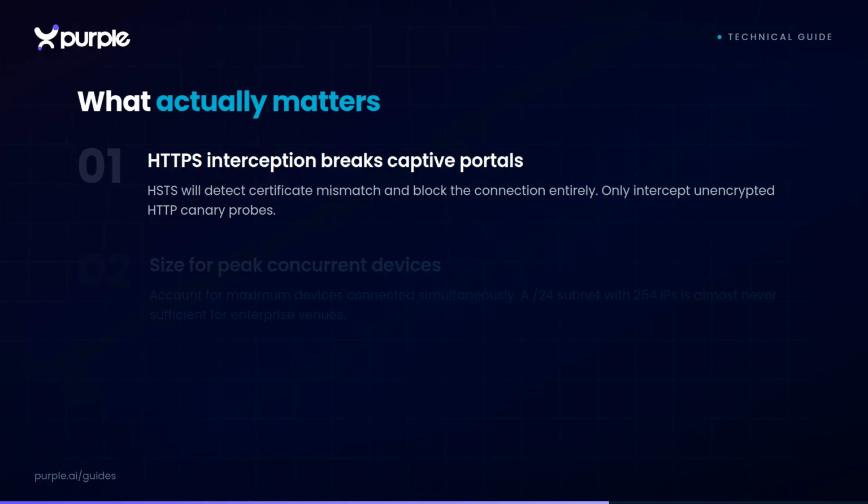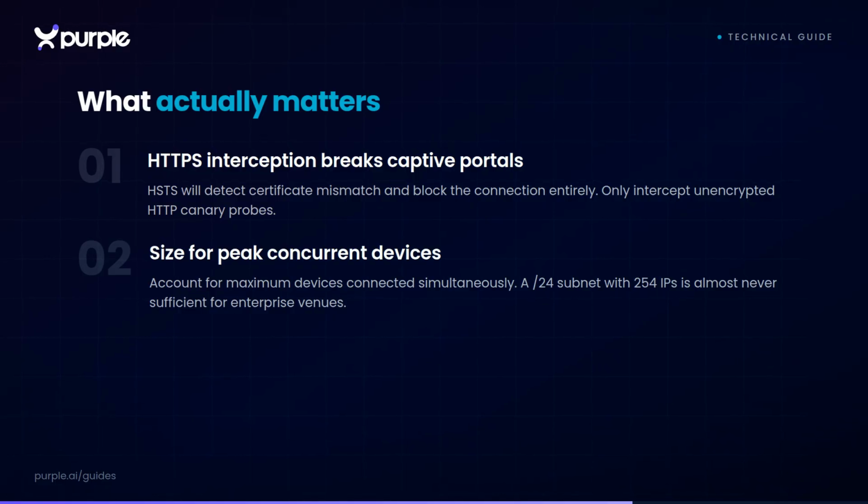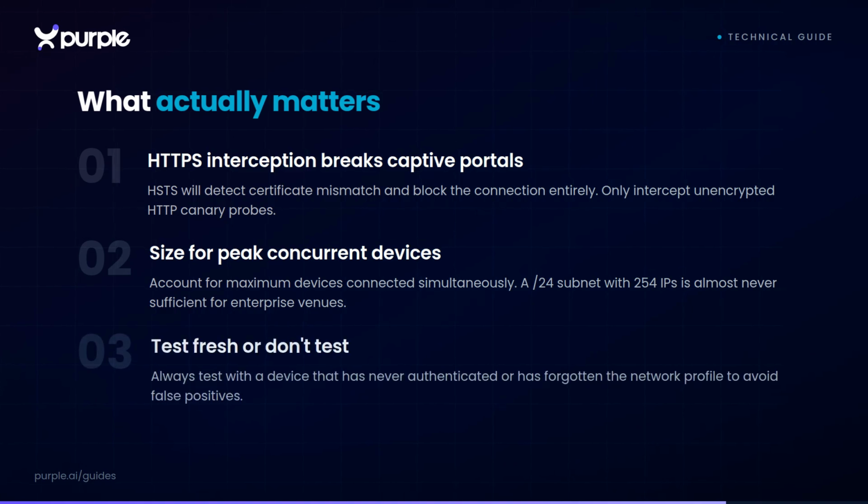Size DHCP subnets for peak concurrent devices, not total head count. A /24 subnet is almost never sufficient for enterprise venues. Always test with a device that has never authenticated, or testing with an active session will bypass the portal and